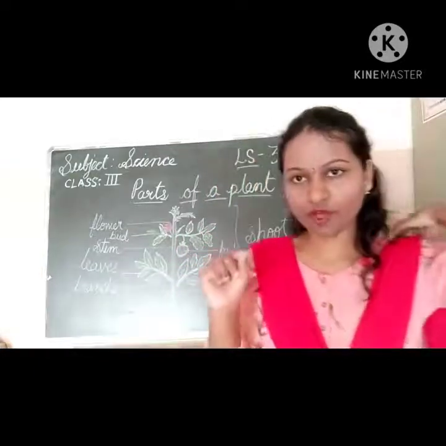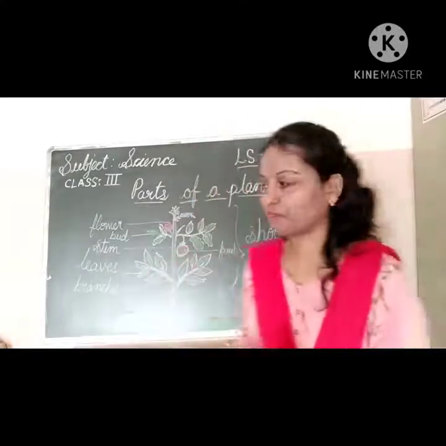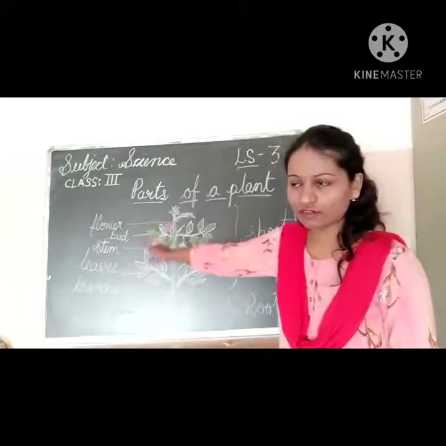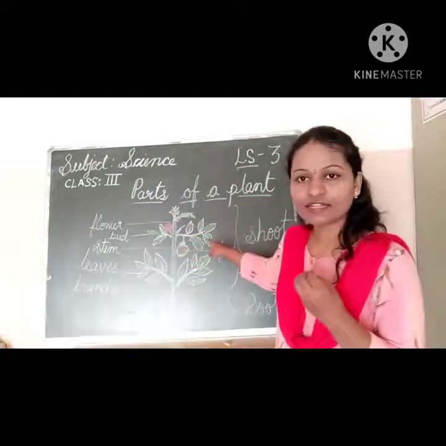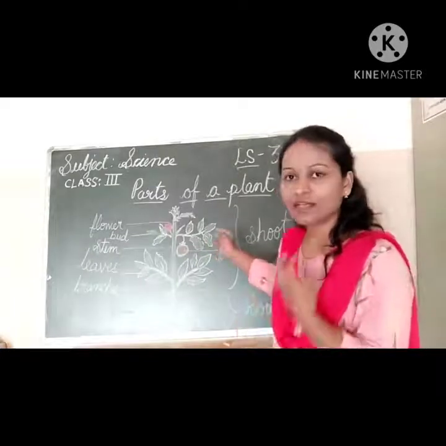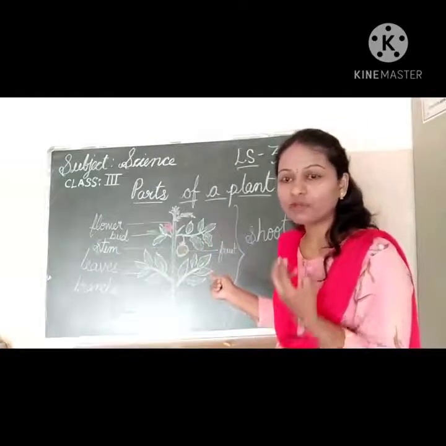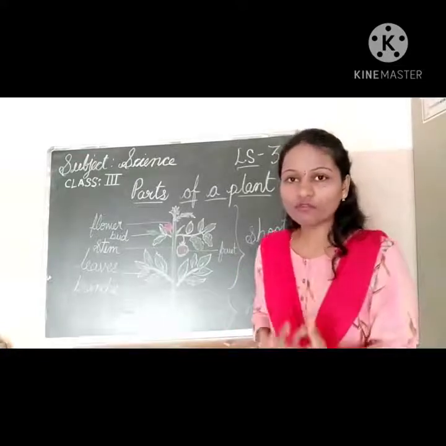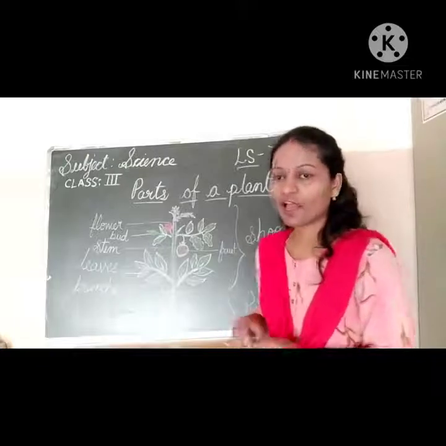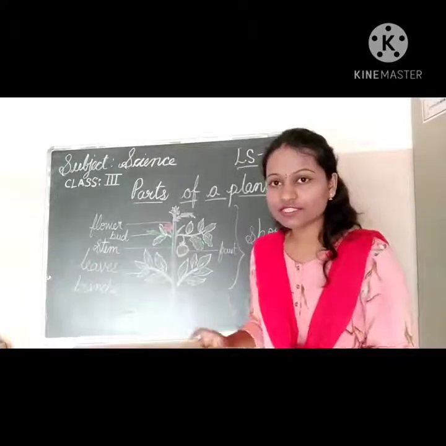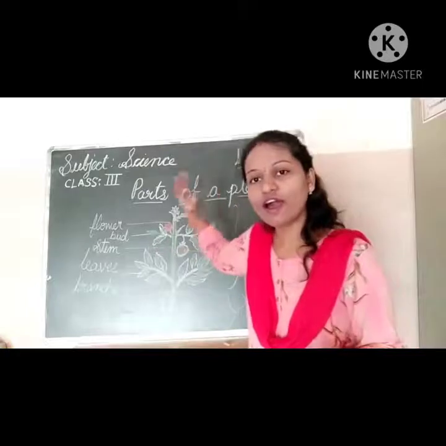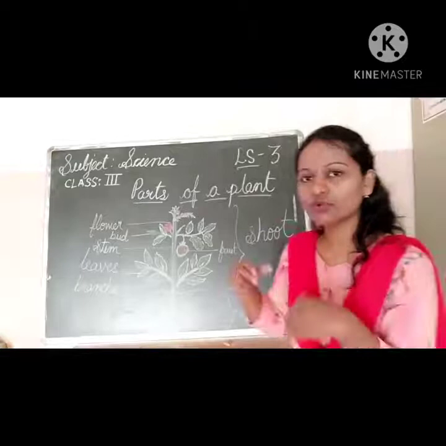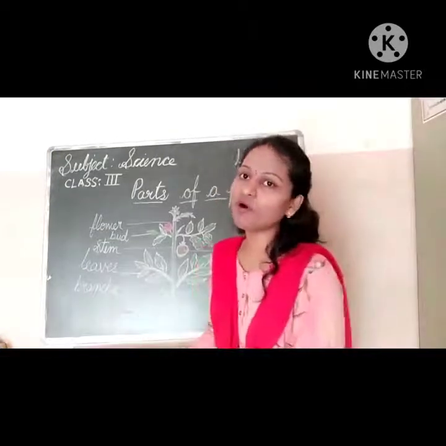Okay, children? I hope you have understood. I'll just repeat it. Flower converts into fruit. It consists of what? Seeds. Seeds help fruits to ripen. When the fruits are ripened, we eat them. And when we remove the seeds, those seeds help to grow other plants. Understood, children? So seeds are very important for us to grow more trees and more plants.